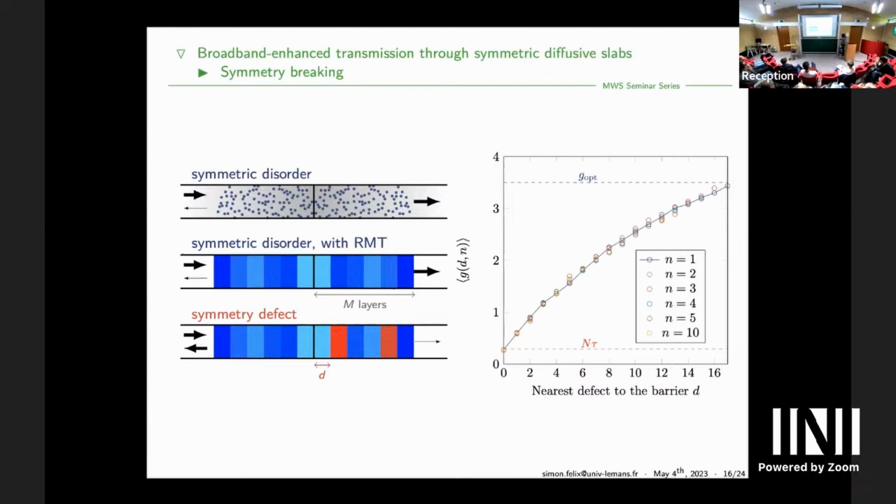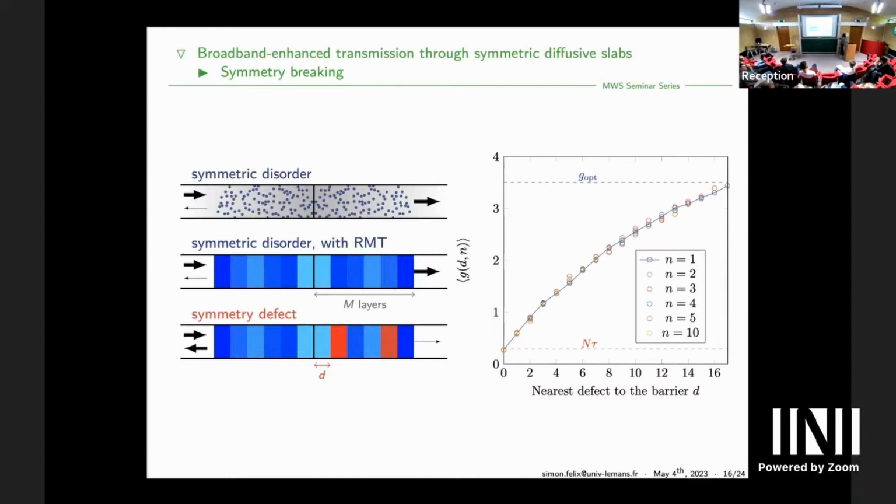And what we see is that the prominent effect is this one. When I change the number of slices which are non-symmetrical, the effect is less pronounced, and what is dominating is this one,